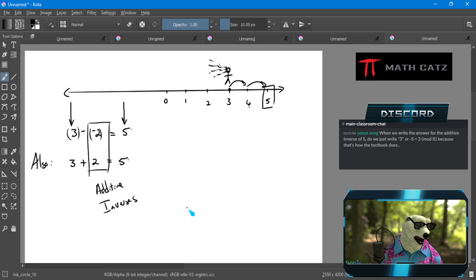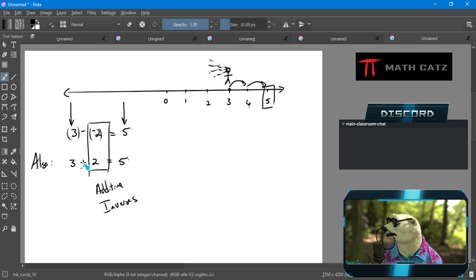So when we casually say, after a while doing this, we notice patterns that are true. 2 negatives make a positive. That's a very casual, informal way of saying it. Really, subtracting by a number is equivalent to adding by its additive inverse, or the other way around. Adding a number, it doesn't even matter if it's an integer, is equivalent to subtracting its additive inverse. If I flip the operation, I have to flip the number as well.